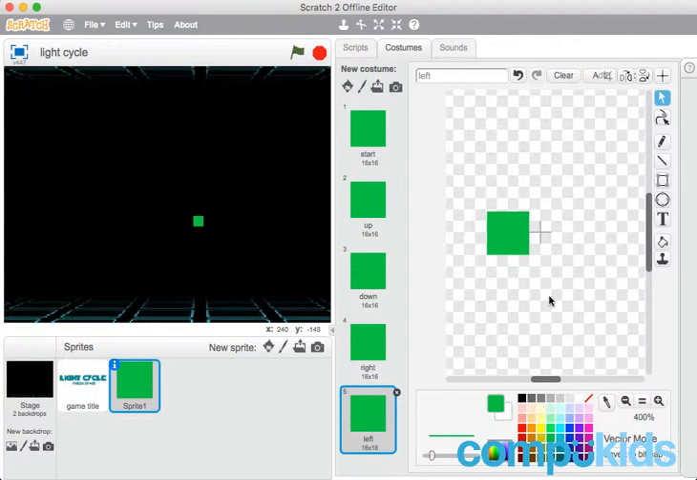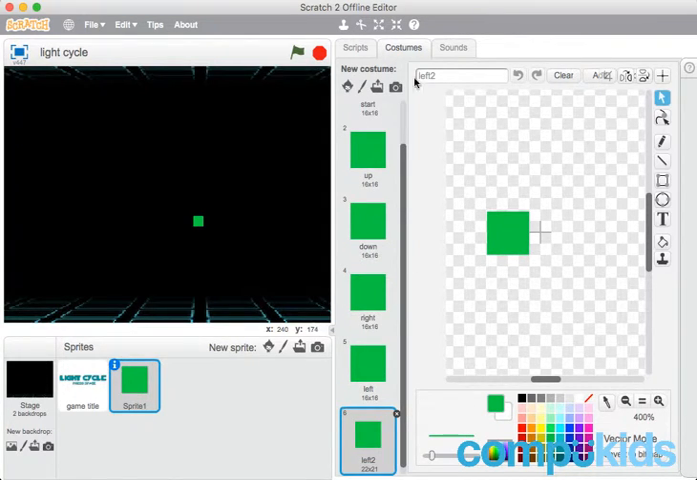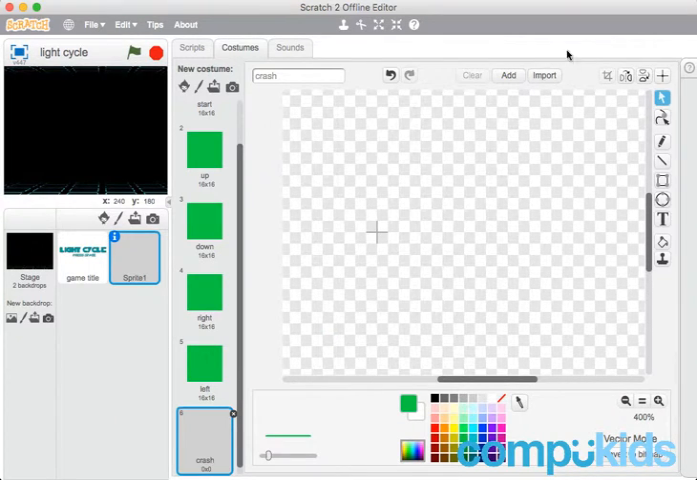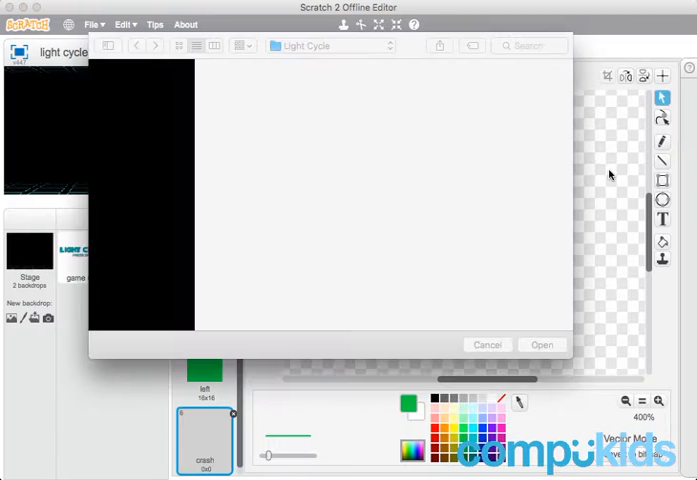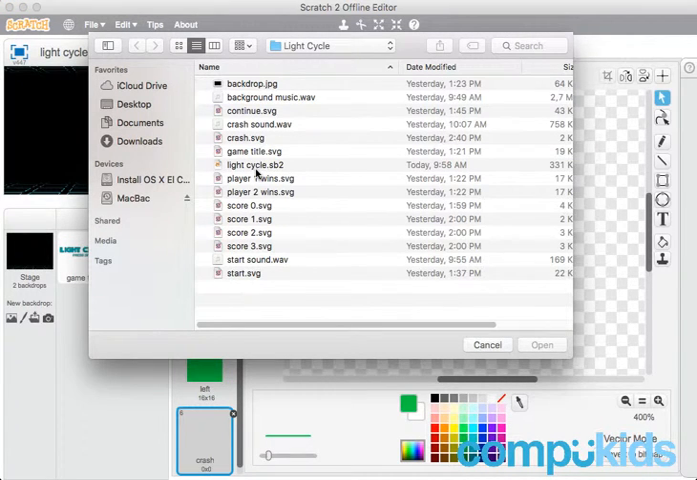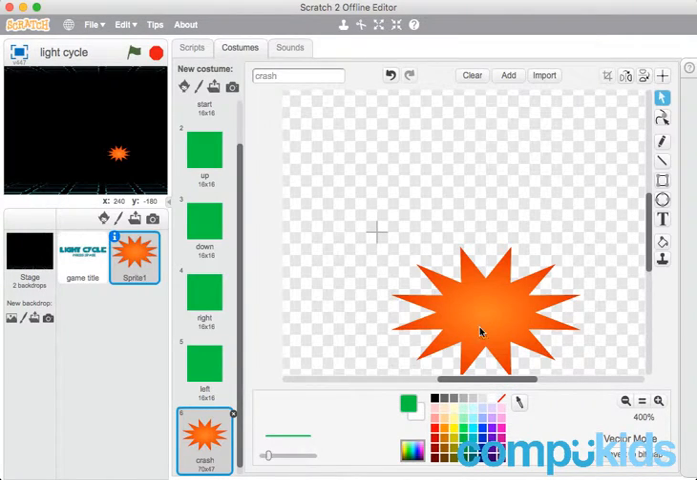One last costume, but this one we're not going to make, we're going to import. Alright, so let's duplicate this one and we'll rename it Crash. Clear it, and then we're going to click on the import button. Now if you can't see the import button, it's simply because it's compressed. So you need to click on the minimize button for the stage, and there you'll see the import button. So click on import and then look for crashed.svg, which is there. Click on open,